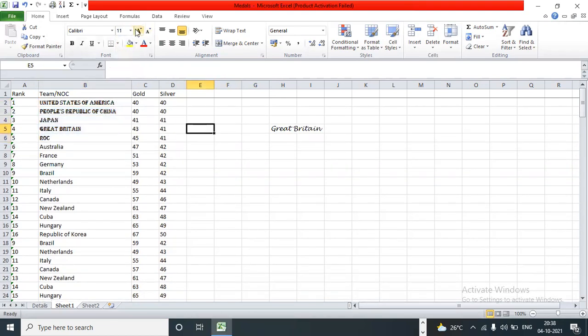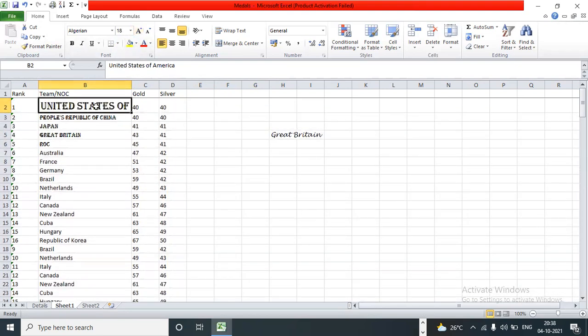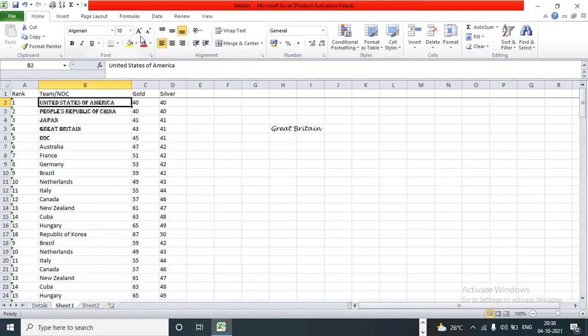Okay. So what does this mean? You can increase the size and reduce the size. Instead of going here, you can do it over here. For example, if I select over here and click, can you see the increase? You can notice the difference. If I click over here, the size has been reduced. Correct? Yes.